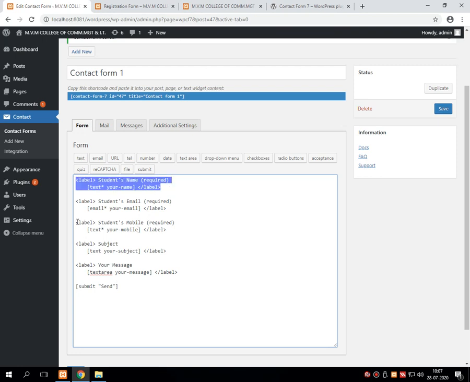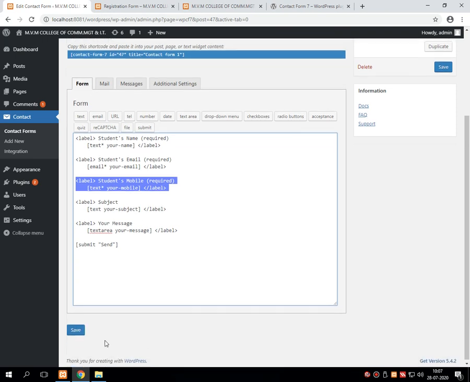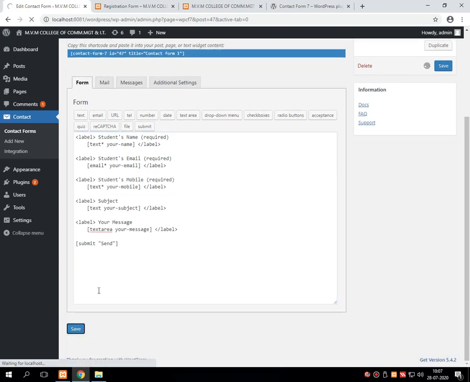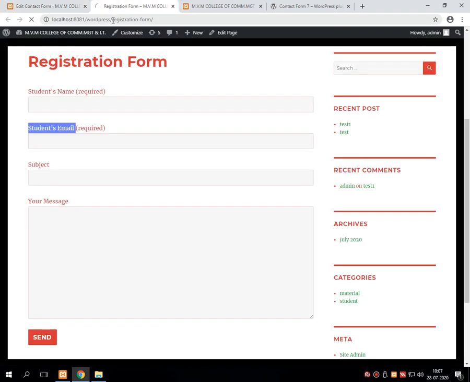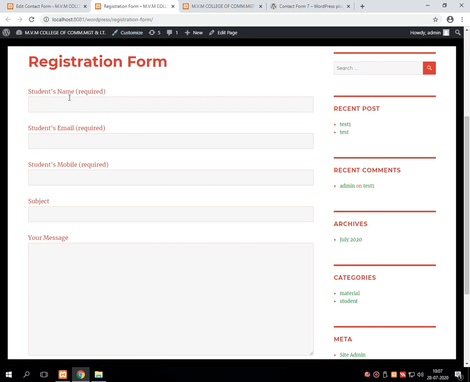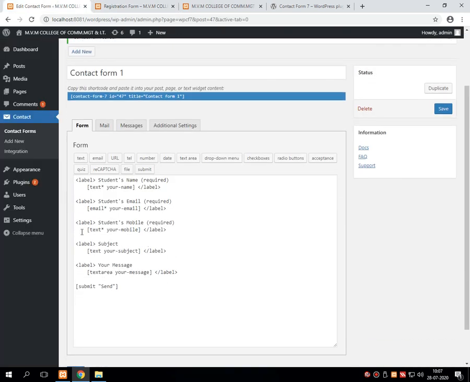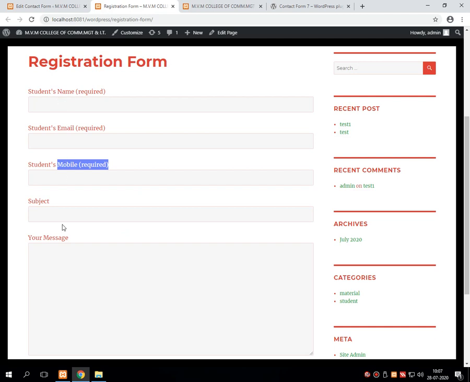I have copied this thing and pasted after email ID. I am saving this particular thing, and suppose I am refreshing the page. With the name and email it also accepts the number, that is a mobile number. It's a compulsory field. So this is the way for creating and expanding the registration form that we wish to create.